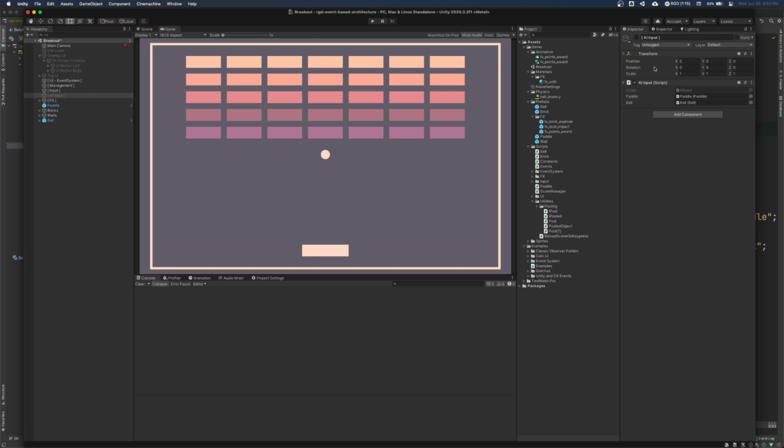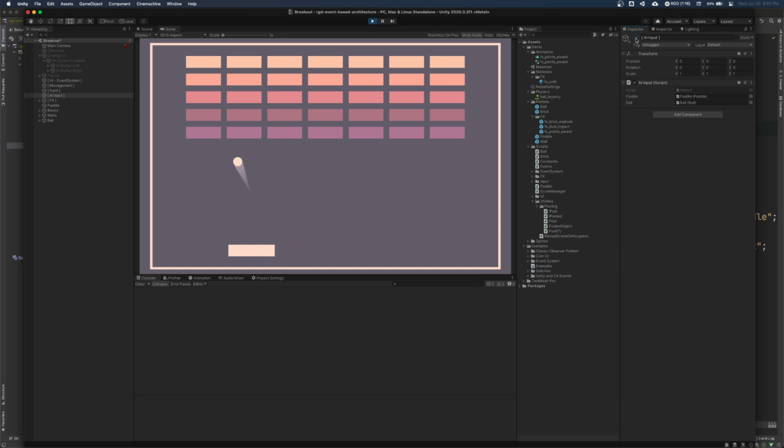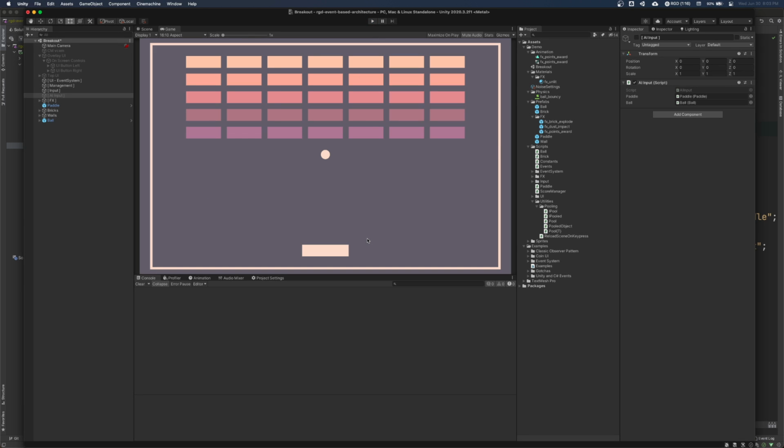And like you just saw, I ran the game and then I turned on this thing and it enables it. So it's easy to enable and disable these systems on the fly. Like I said, these are very modular, very easy to change. So I can turn it on, and then I can say, oh, no, actually, I want to take back control. So I'll turn it off, and then I'll take control, right? And we'll turn it back on, we turn it off, and now we have control. So that's, I think, really strong. Input is a great use for the observer pattern or for event-based architecture in general.